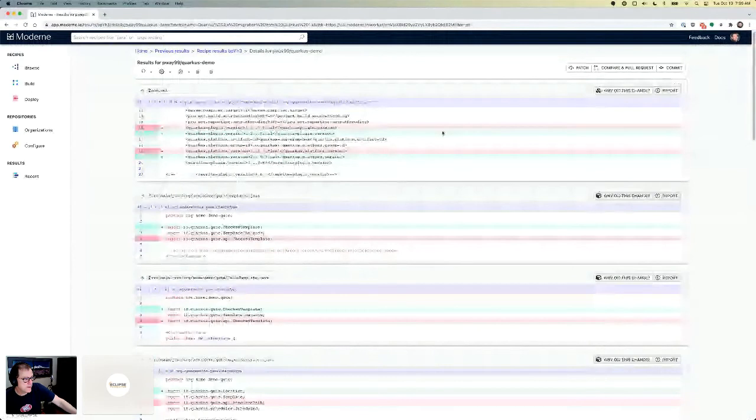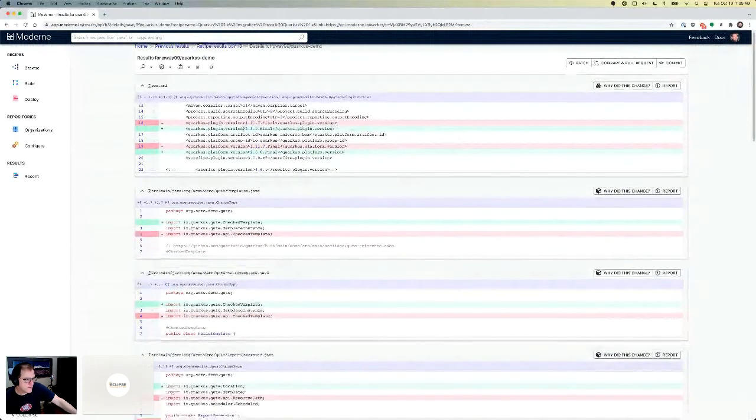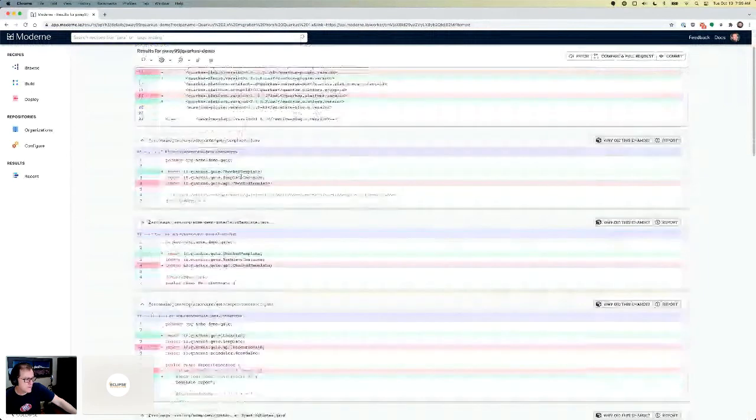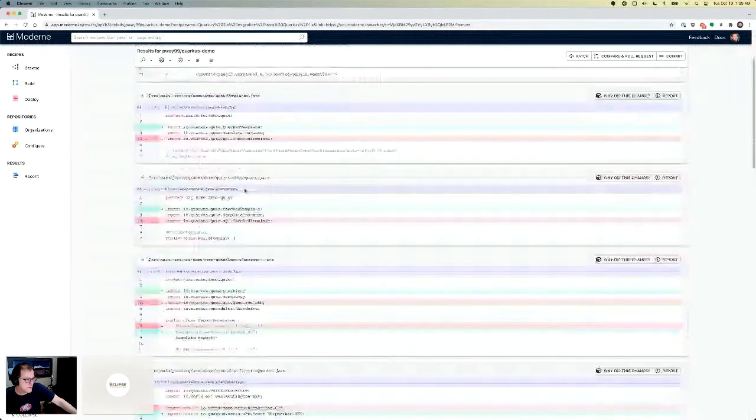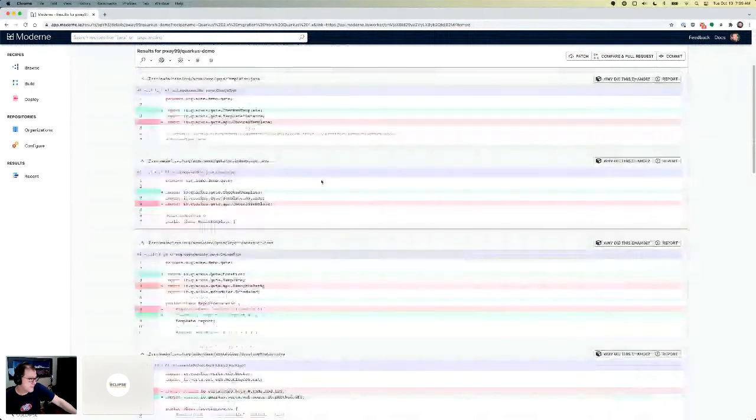Same story. This is going to start being kind of a rinse and repeat, so maybe I'll stop with the framework migrations, but you get the idea. You can see here, it's just changing the version to 2.3. And then of course it's going to do a bunch of things that are required to make this work in Quarkus 3.